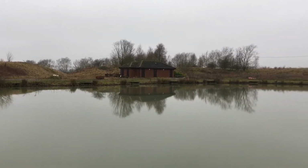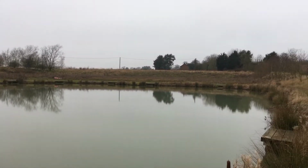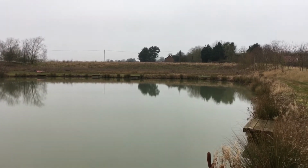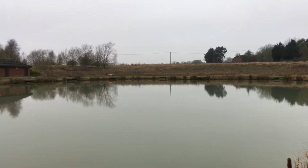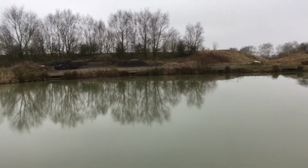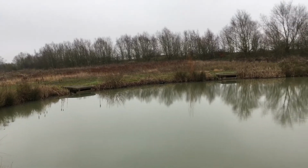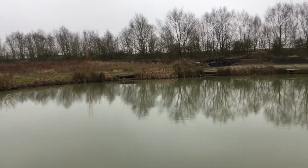Now that ghost carp's only the second carp I've had out of the middle of a lake in 3 years of fishing here, and that's including in the depths of winter. All my bites come from in the margins, about 5 foot off the bank, just at the bottom of the near side shelf. So I was quite surprised, but I mentioned knowledge in my last vlog, and